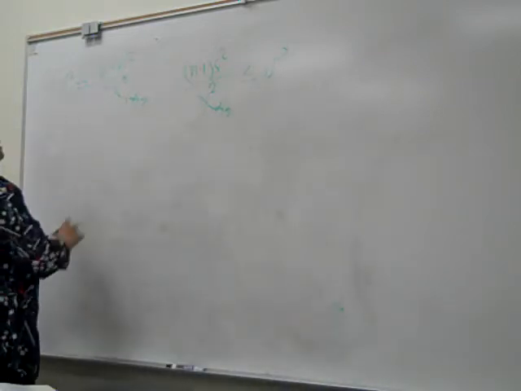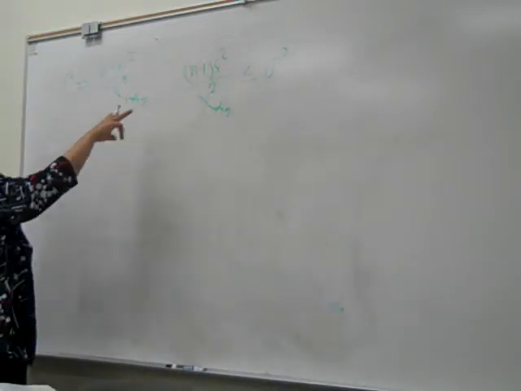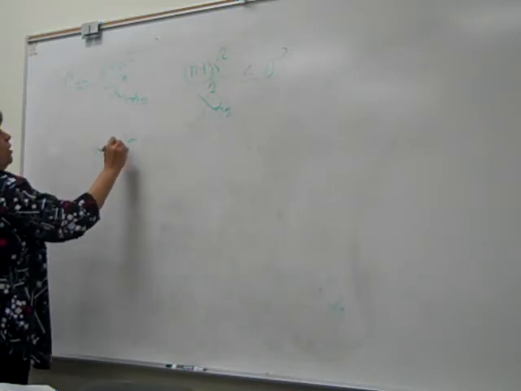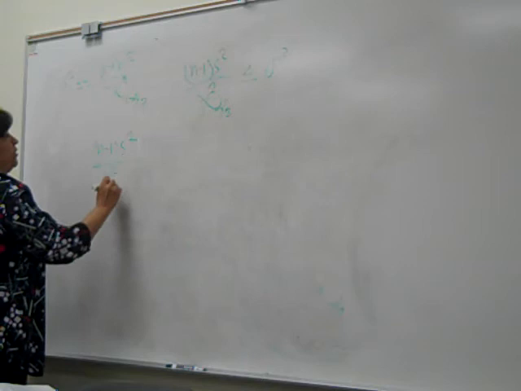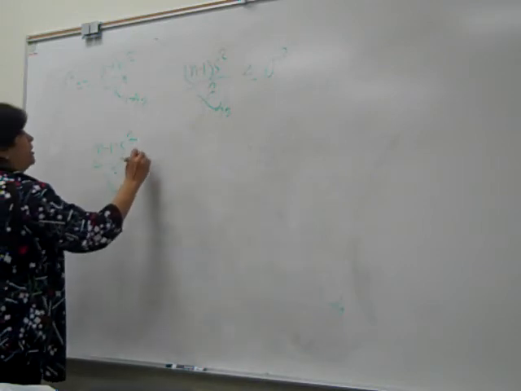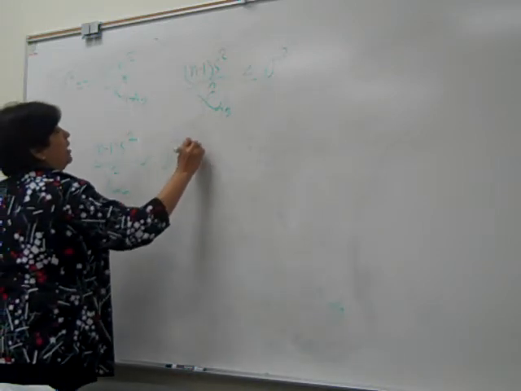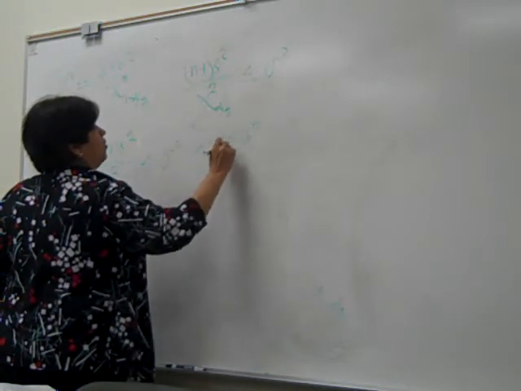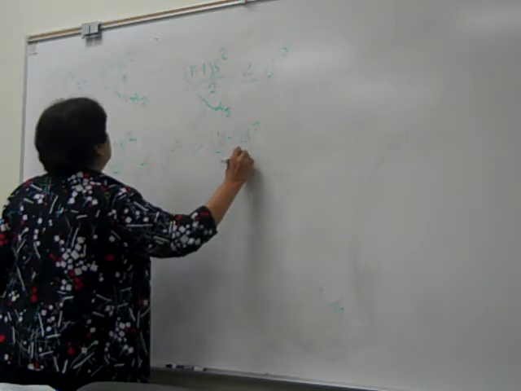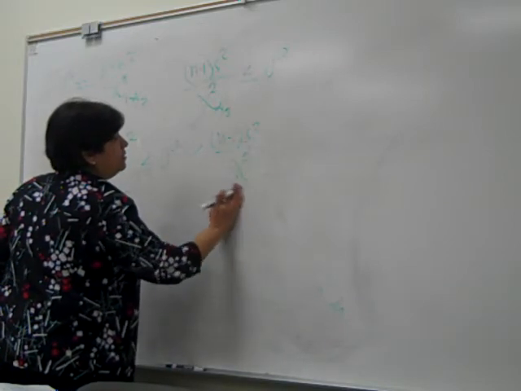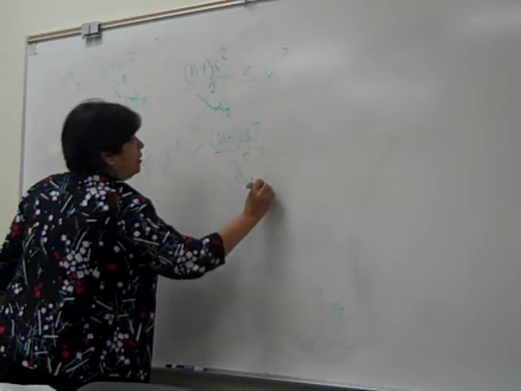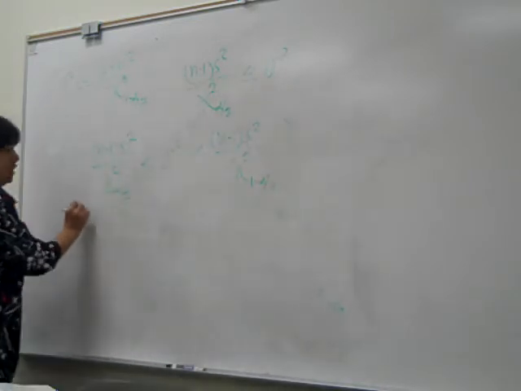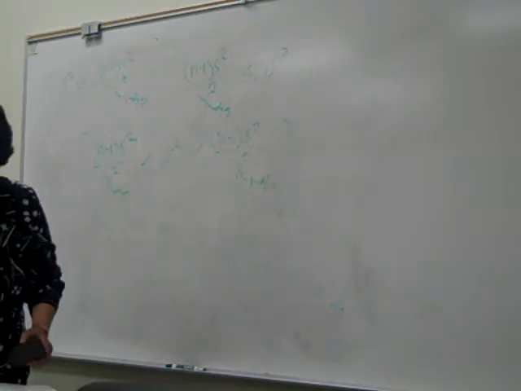So my confidence interval then, because of that, is that (n minus 1) s squared divided by chi-square of alpha divided by 2 is less than or equal to sigma squared, and less than or equal to (n minus 1) s squared divided by chi-square of 1 minus alpha divided by 2. This is my confidence interval, and it's exactly the